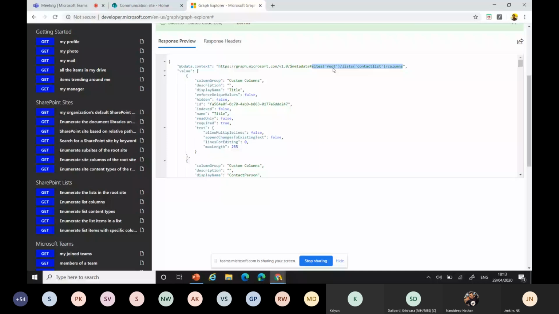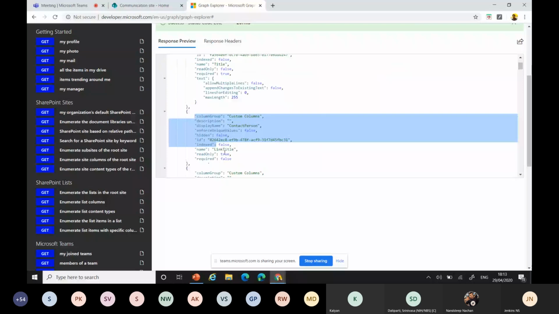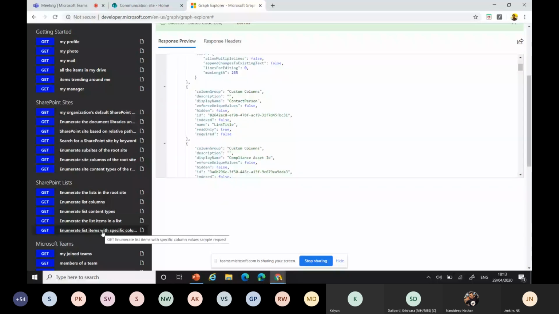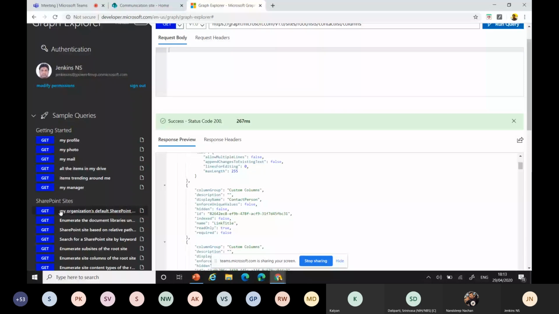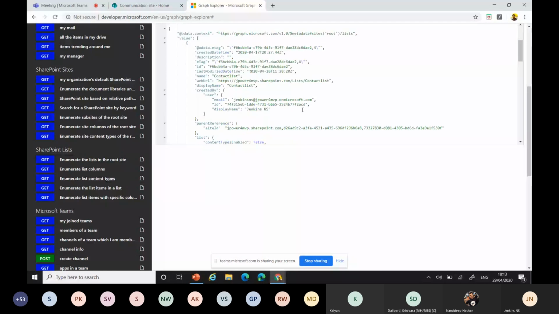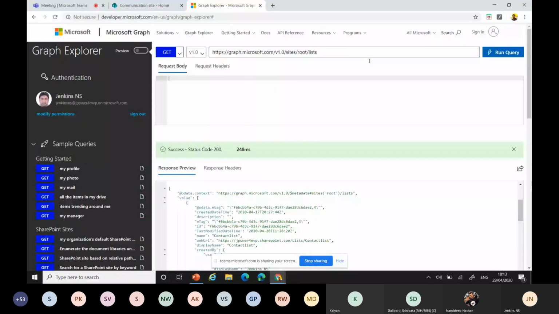Otherwise, you can pass the corresponding site name with the extension, and then the list name and the columns. You can bring in the column values here, and you can get the field values if you want all the field items. Everything you can bring, and at the site level we can get all the lists under this site. You can get it.